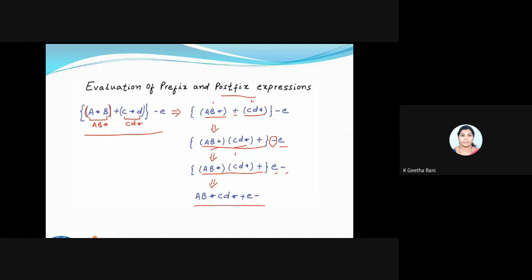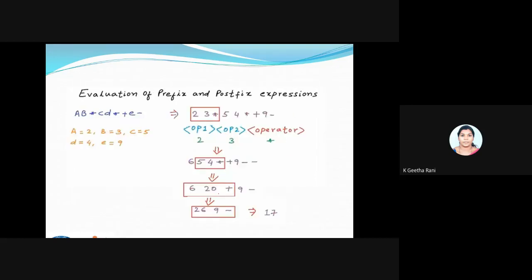Fine. So now we will try to give some values for my expression. Okay, so this is my expression. I'm going to substitute some values for it. Now we will see how these values are going to get me an answer. Fine. So I'm taking 2 and 3 instead of A and B. A goes for 2, B is going to be 3, C is 5, D is 4, and E is going to have a value of 9. So now I'm going to apply it. Since we know the syntax is operand 1, operand 2, and then comes my operator, this is my first block of the postfix expression. Okay, so 2 3 star.